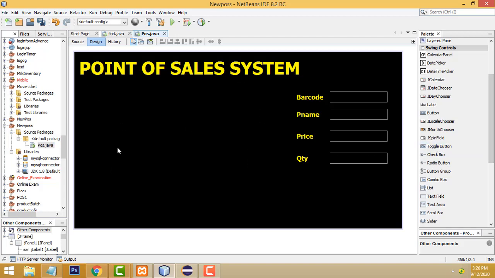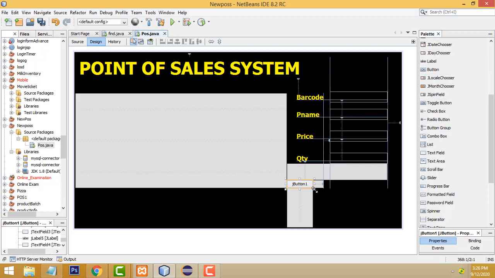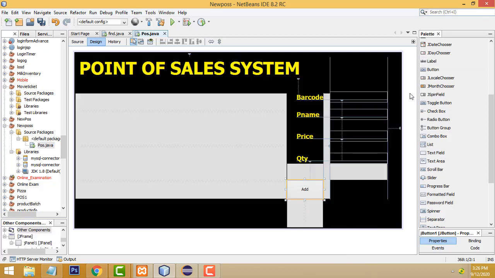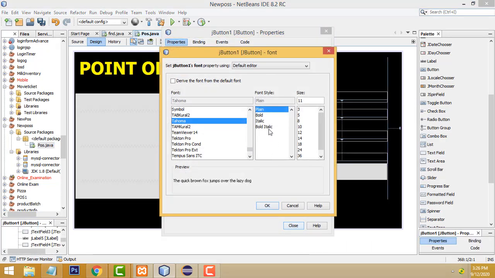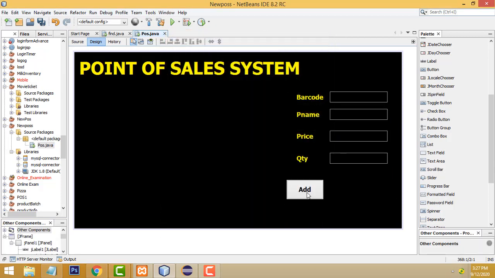So now here we need to design two buttons. Drag the buttons. This one should be the add button. The add button. Fonts, this also you have to change the size to 18 with bold. Same thing, Control C to copy.